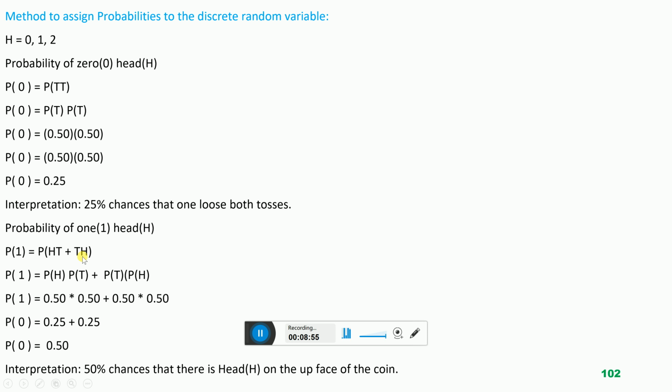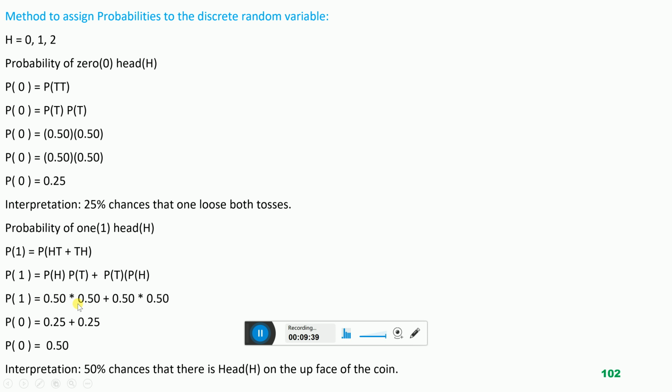So in two tosses one time is head. Plus, it is also possible that when we toss the first time, tail appears on the up face of the coin, and when we toss the second time, head appears. So in both tosses one time tail appears and one time head appears. So again the value of head is 1. How can we assign probability to one head? Probability of one head is probability of head multiplied by probability of tail plus probability of tail multiplied by probability of head. Probability of one head is equal to 0.50 times 0.50 plus 0.50 times 0.50, because both head and tail carry